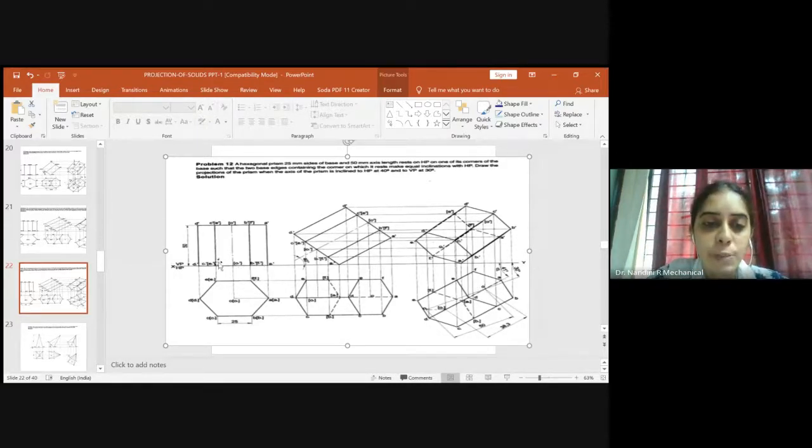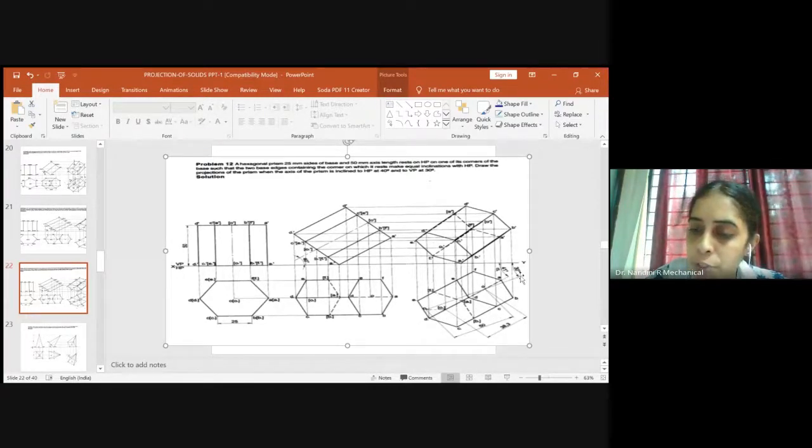and fix the reference point O. Once you fix the reference point O, please measure the true length value of 50 mm. Keep one end of the compass over here and cut an arc for 50 mm. So you will get O and O1. This is our 50 mm exactly. Where you cut an arc on the 30° line, it will meet at a common point. Then you draw a locus on it.